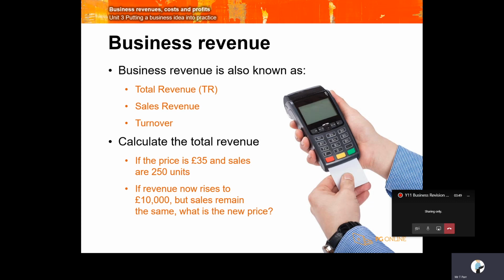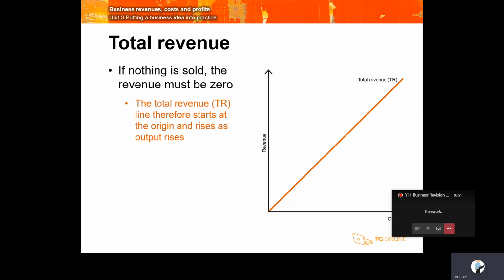£8,750. Sometimes we see a chart like this. What we've got here on the y-axis is the revenue, the amount of money coming in, and on the right hand side